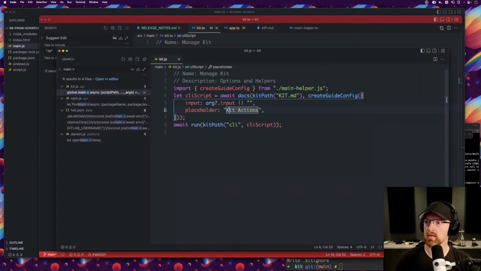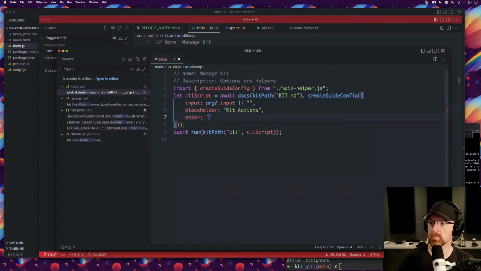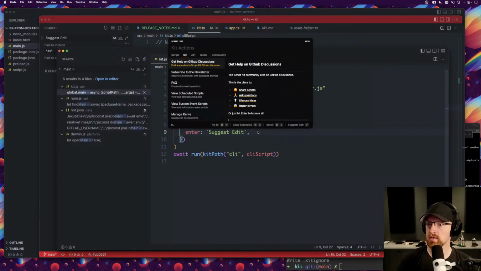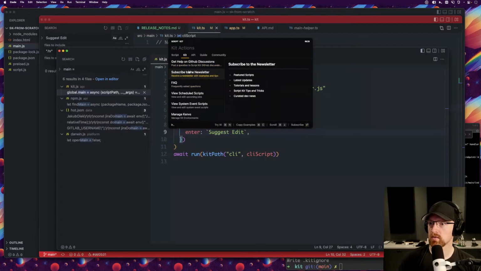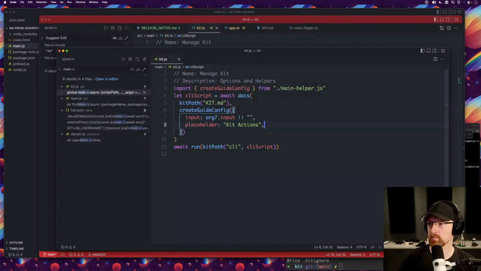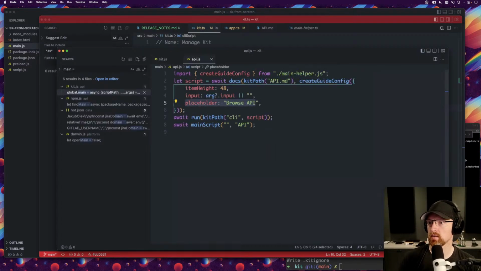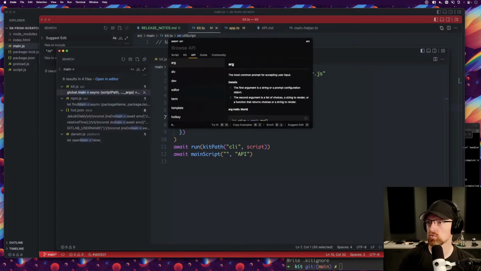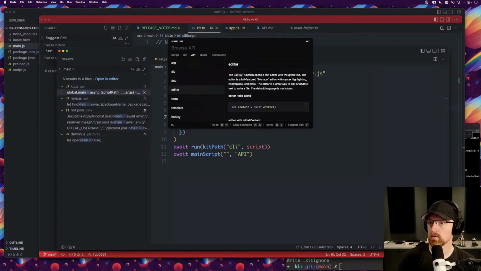So I'll go to main Kit, and this says suggest edit, because the default action, if I remember correctly, on these... Oh wait, not on that one. On main API. Okay, yeah, the default action on these, if you hit enter,